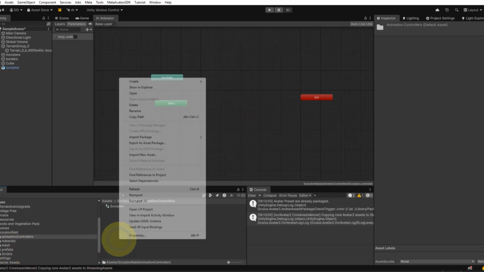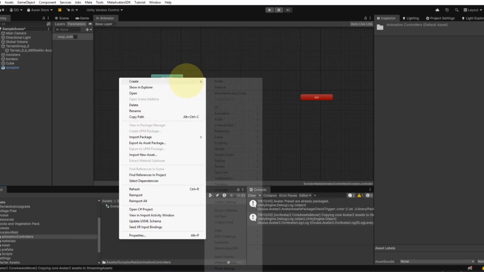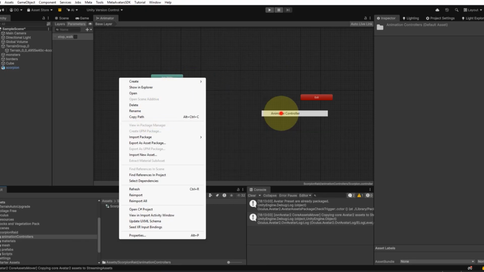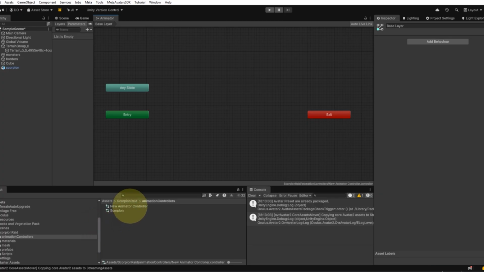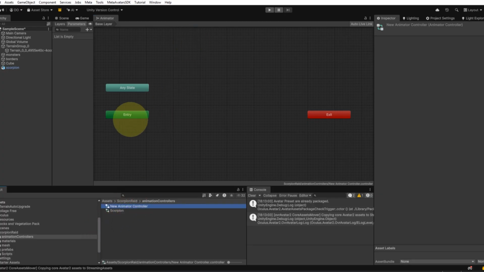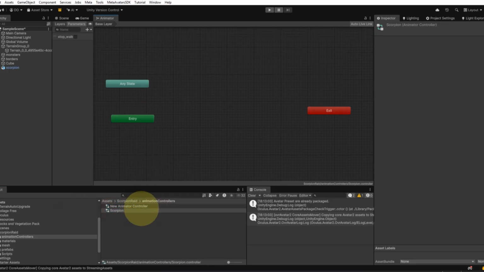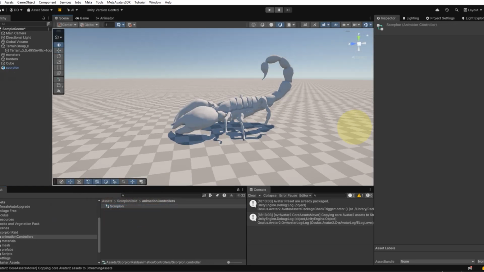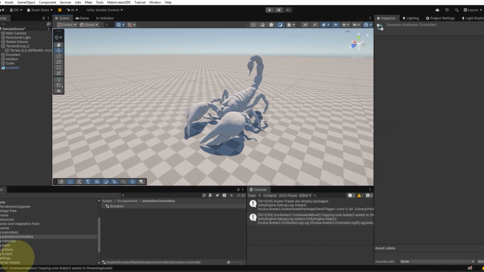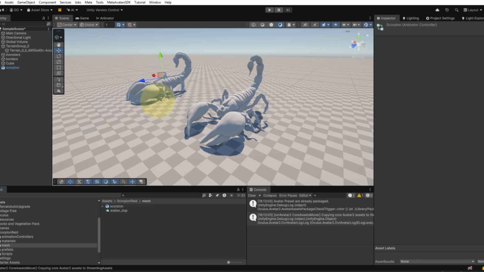I'll just create another one so you see what it looks like. So go to Create, Animation, and Animator Controller. I didn't give it a name, so it just gives it a name, and that's exactly what you see with this other one as well. So what you want to do, instead of dragging the new mesh multiple times into the scene,